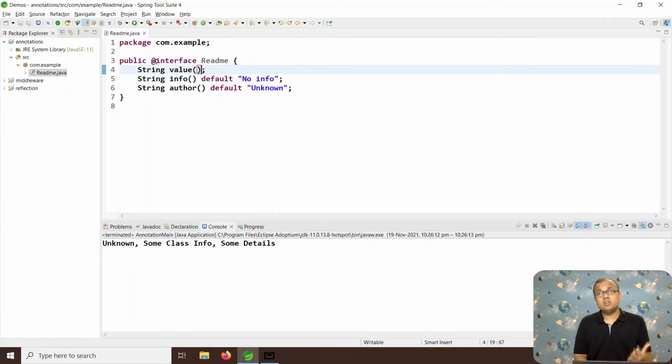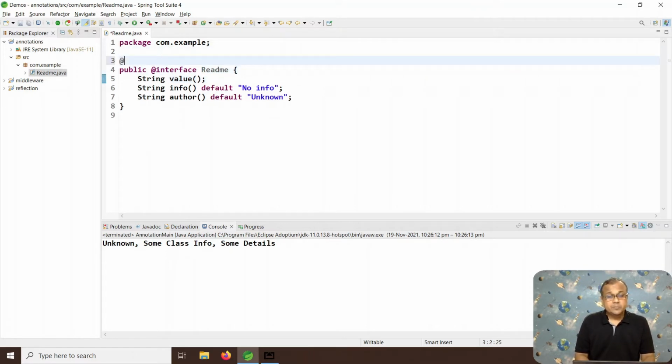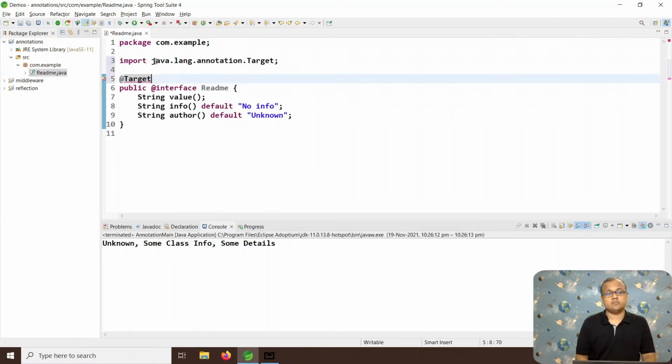As we have learned earlier, an annotation can be applied at the type level, field level, method level, constructor level, and parameter level. But how do we specify it when we create our own annotation? This can be given by using the Target annotation.